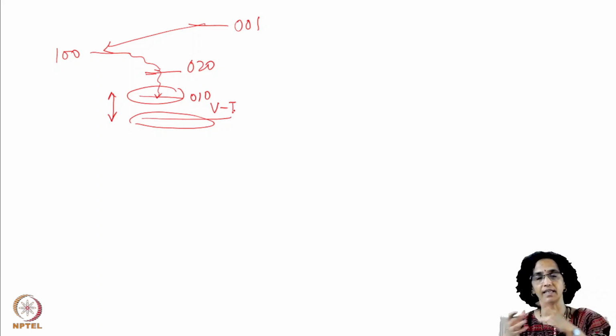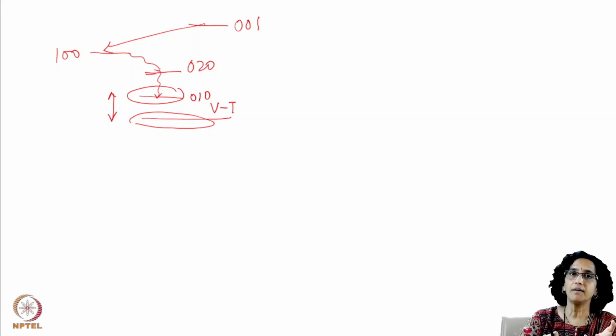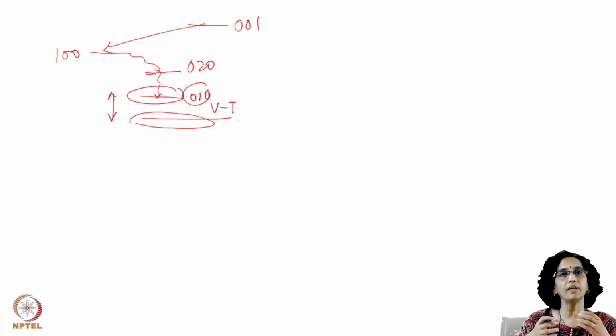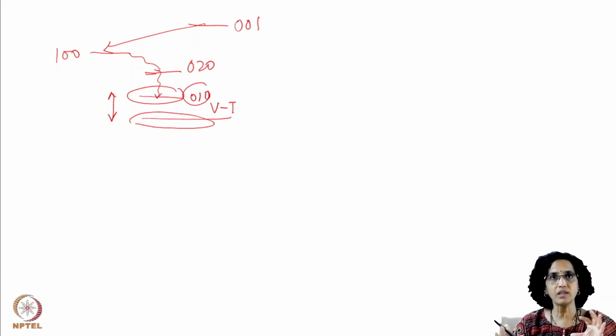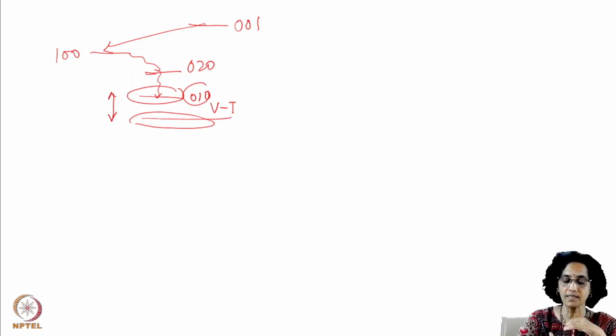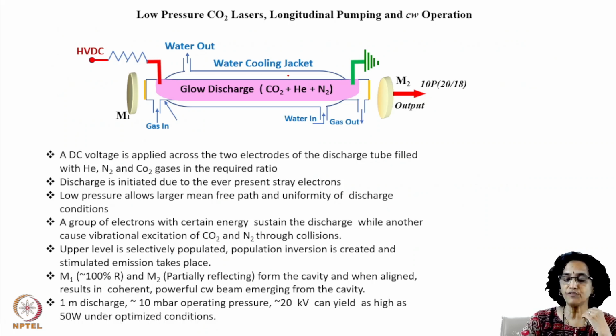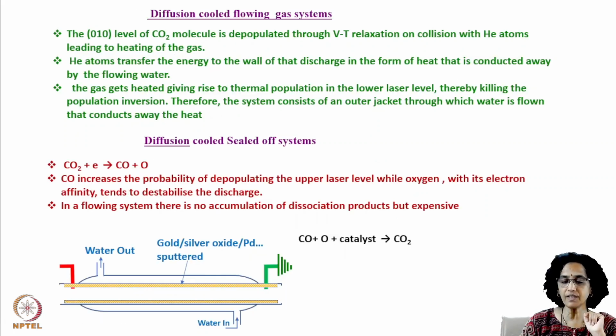That means it goes as kinetic energy of the other gases. Kinetic energy means it increases the thermal energy, and this excess heat is conducted away by means of addition of helium, which goes and hits the walls, diffuses to the walls. Why we use helium? Because helium is light, it can diffuse faster, it has a high thermal conductivity, and therefore it takes away this heat, gives it to the walls, and from the walls it is conducted away by means of cooling jacket. This is one way.